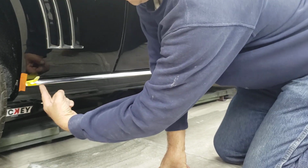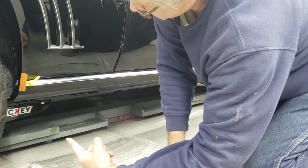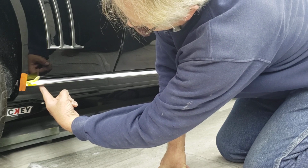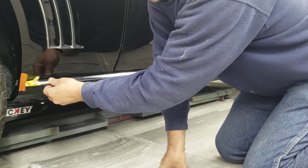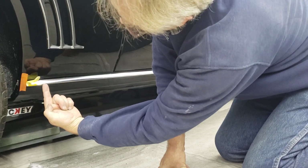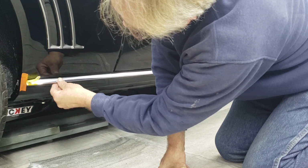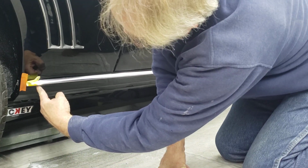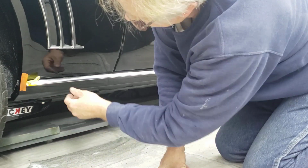through there. And when you angle your drill, you want it going in at the same angle the rocker panel is. You don't want to go straight in, because when you screw it down, it's going to pull the molding down. If you go too much at an angle, it's going to want to pull the molding up. So anyway, keep your drill at a 90-degree angle to your rocker panel, and that'll give you your screw angle